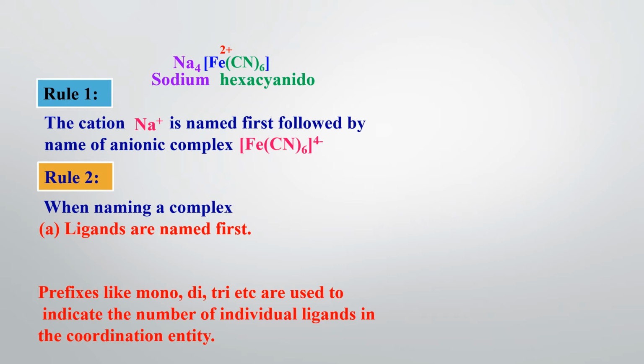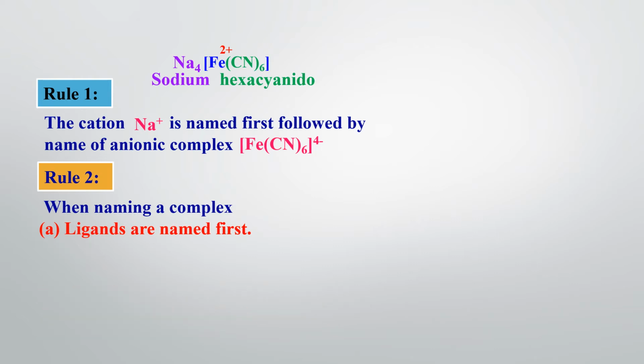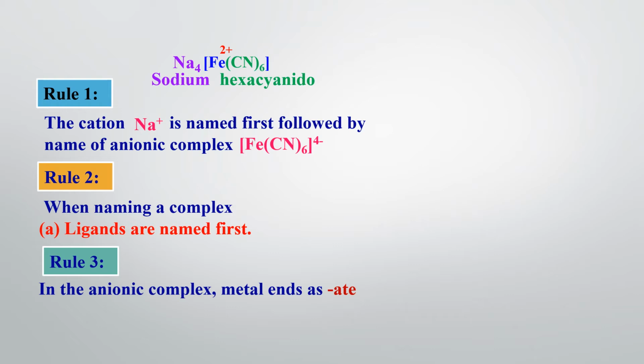Now the metal is left. If you remove the counter ions and the coordination complex is getting a minus charge, it is an anionic complex. If the coordination sphere has a negative charge when you remove the counter ions, then it is called an anionic complex. If it is an anionic complex, the metal name ends with the ate suffix.